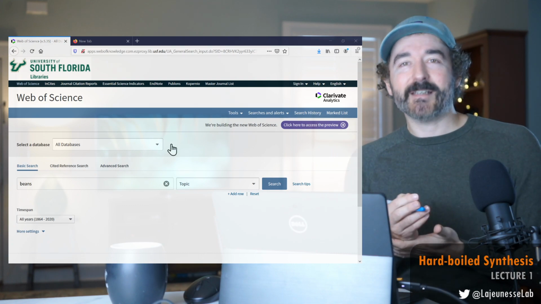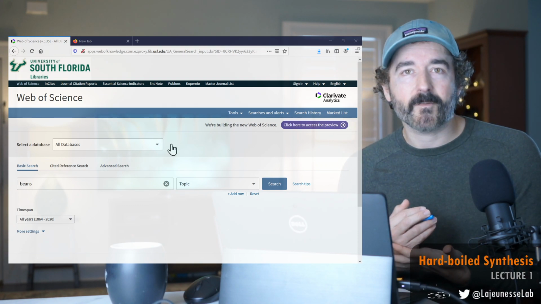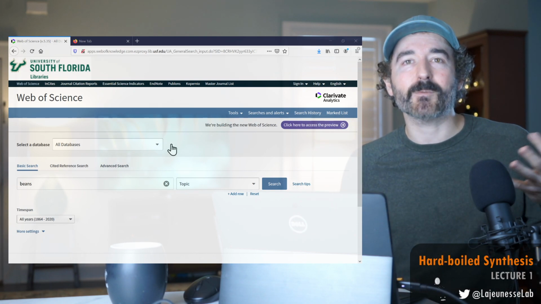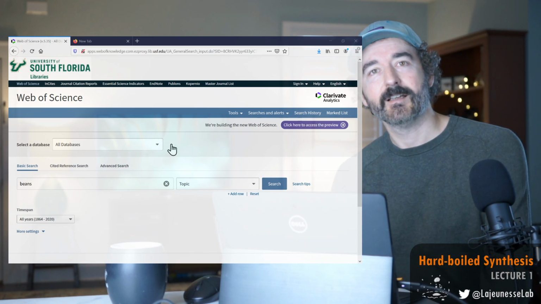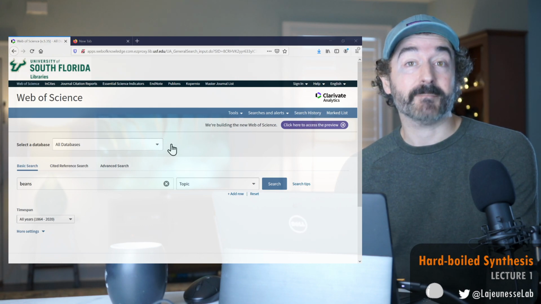Okay, so I think I got what I needed. I got the common names, a collection of common names. I got the genus of the plant, and I got the chemical associated with it. I think that would encompass the broad diversity of terms needed to identify many studies.